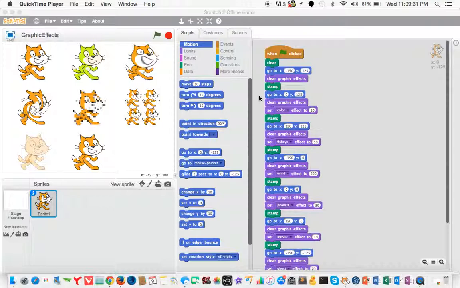I'm one of the instructors for the program, and today we're going to be going over different graphic effects that you could do on your sprite or on any object in the stage or on the stage itself. So, what we have here is our simple cat sprite, we have a blank stage, and let's get